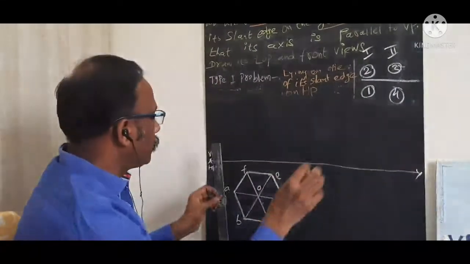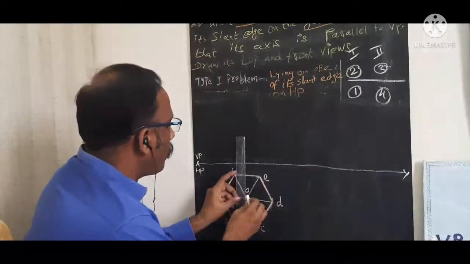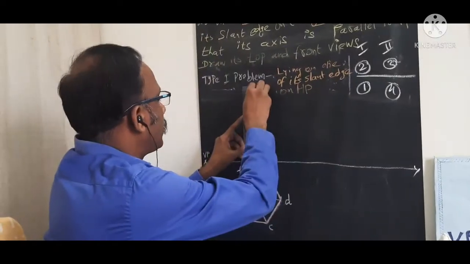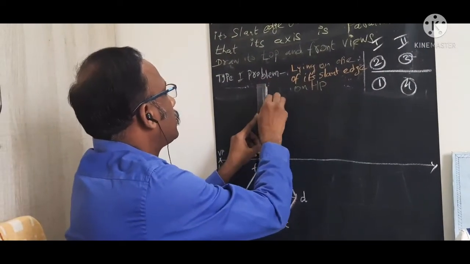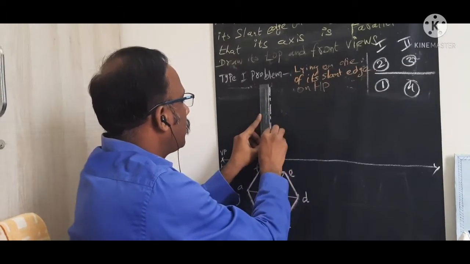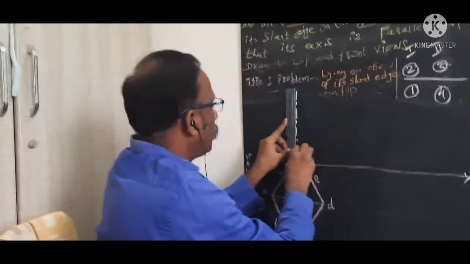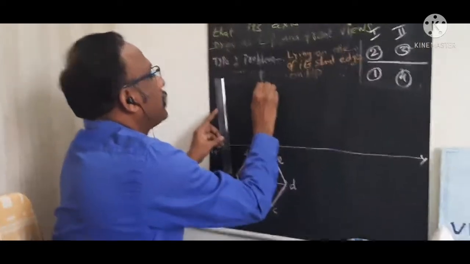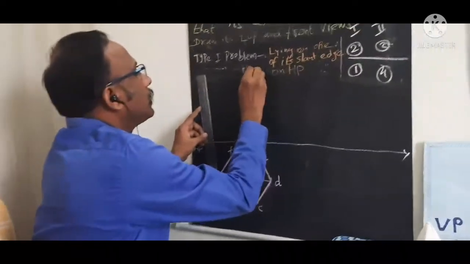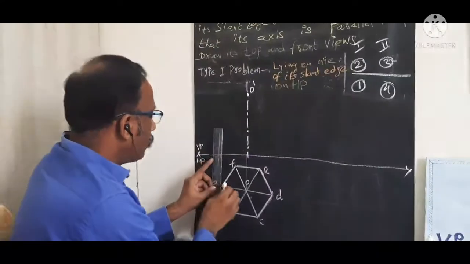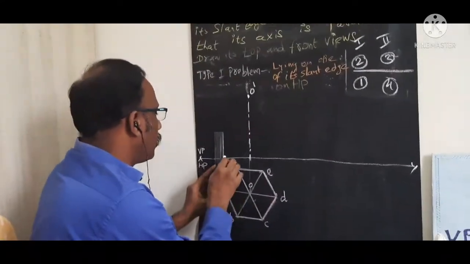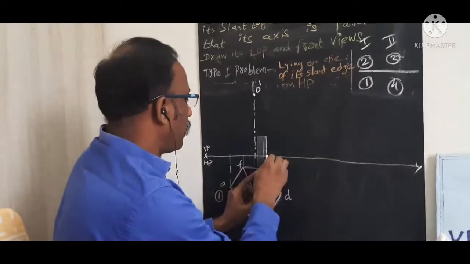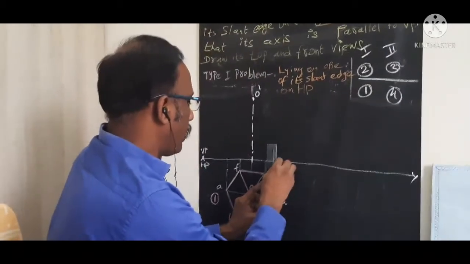Now I am going to draw the projection from this center point O. First draw this projector line and mark it as the axis line. You know how to draw the axis line. Now the height of this solid is 55 mm, so you need to mark this height as 55, and I am going to mark this point as O dash. Now draw the projector lines from all the corner points of this solid to XY.